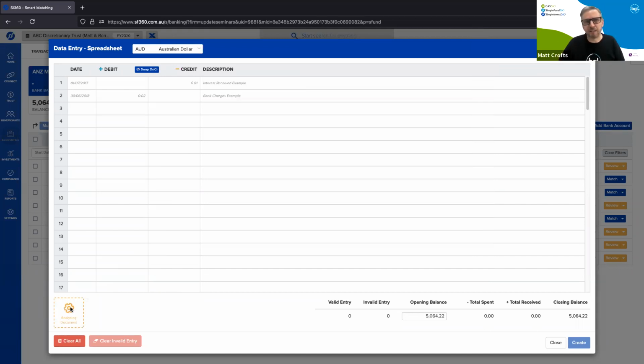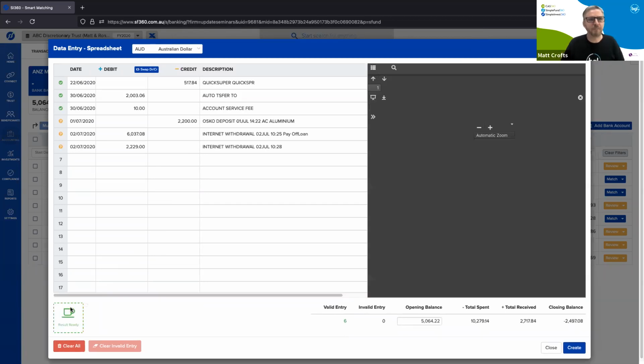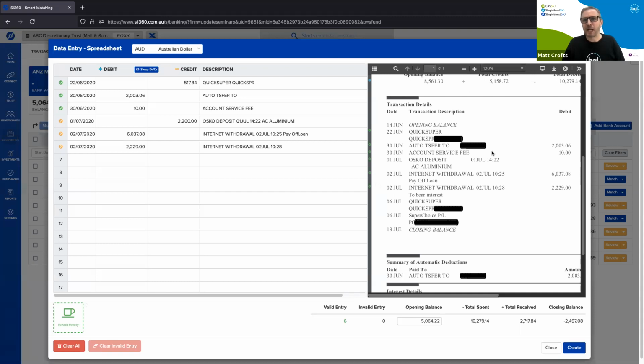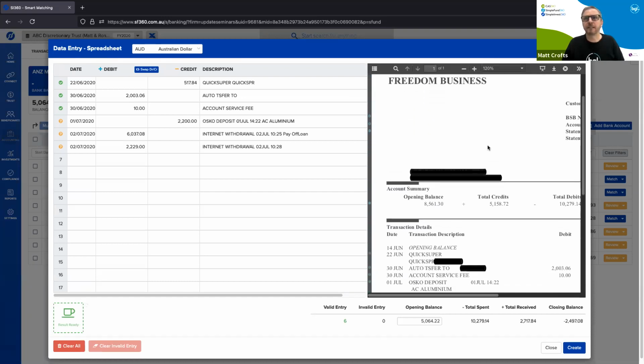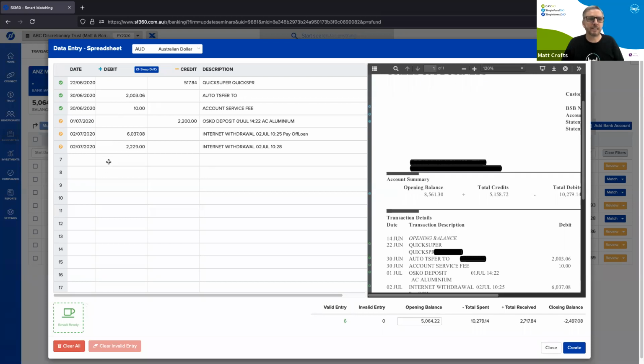Again, this is where machine learning kicks in. We can read a bank statement. We've got enough of them now. Here I've sanitized it so you can't see, but it's a real bank statement. It brings those transactions into the system. Huge time saver, don't you think, Ron?